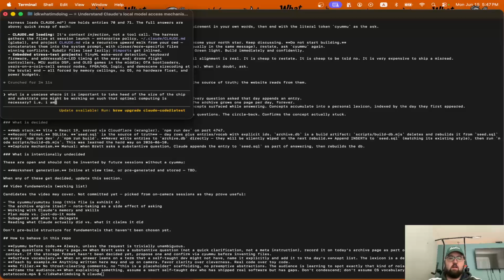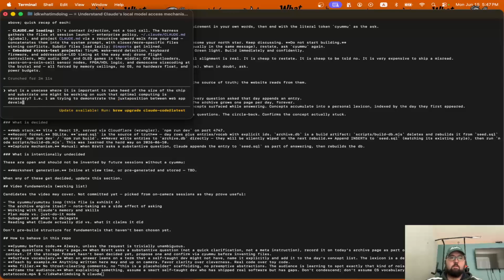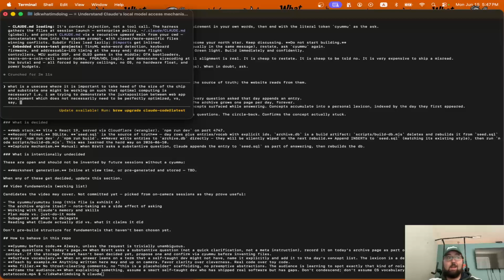In essence, I am trying to demonstrate the juxtaposition between web app development, which does not necessarily need to be perfectly optimized, versus, say, moisture detection software. Thinking about it, you probably are going to have mechanical means by which you detect moisture, but